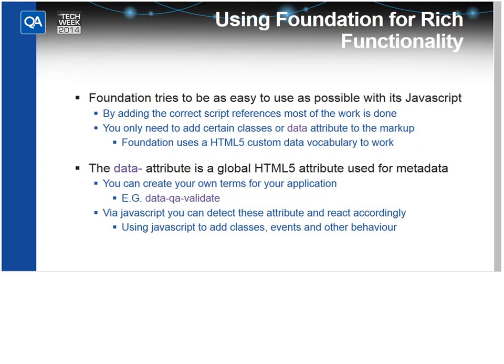With the data attribute, you can effectively create your own attributes in terms of a tag, and those attributes can be selected either via CSS or via JavaScript. You can build up a vocabulary, these namespaces, and you can grab hold of these attributes. So for instance, we could build something like data-qa, or data-qa-validate. Or what Foundation has done is things like data-abide, and these inbuilt meta tags allow us to hook up the behavior for